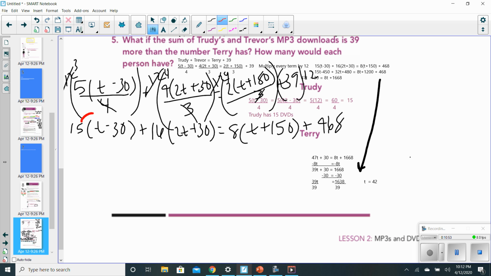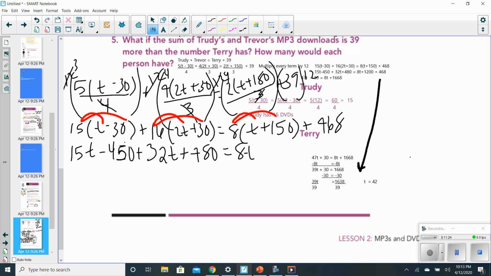Now, when you distribute everything, again, you distribute each piece. And unfortunately for you guys, there are 3 different sets of parentheses that you're going to have to deal with. So when you do this, you're going to be left with 15t minus 450. Make sure you guys are checking your signs. Plus 32t plus 480,